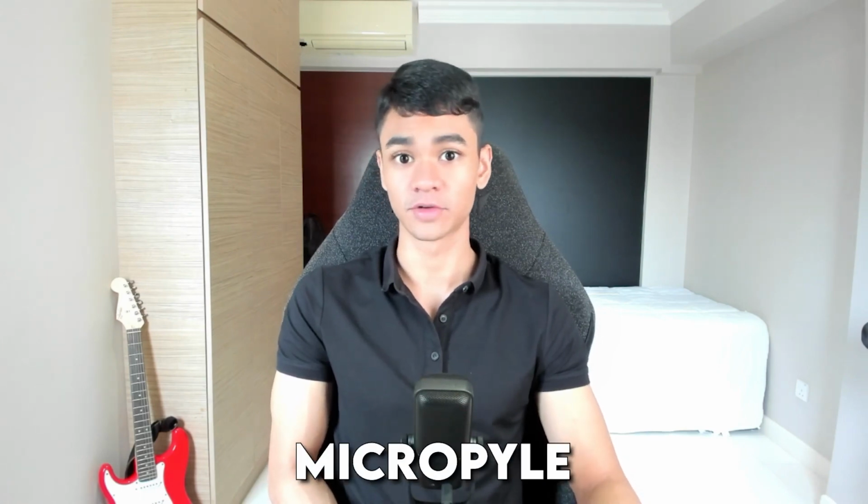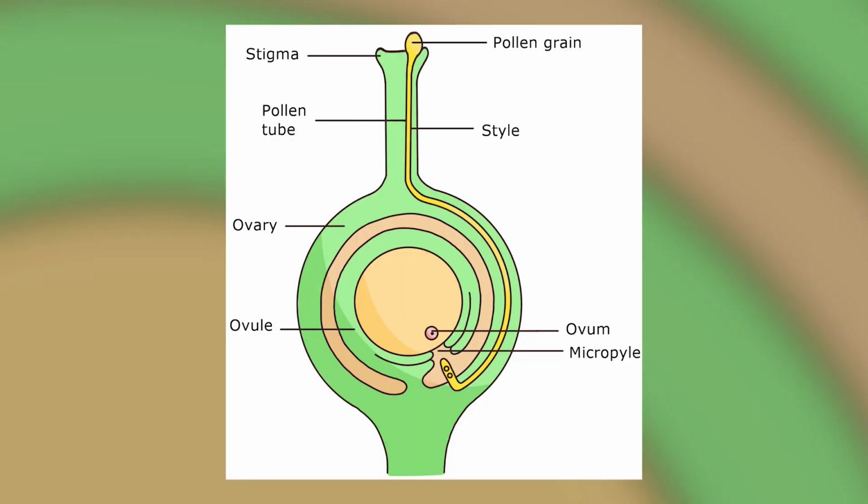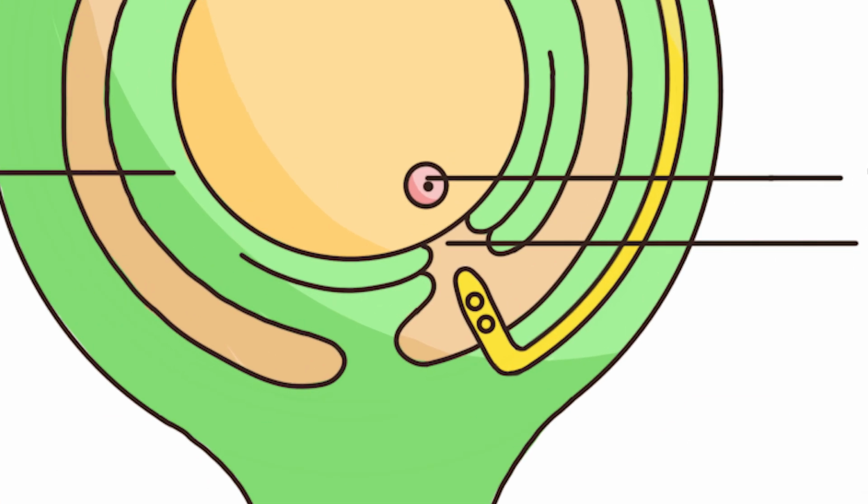M stands for the micropyle. So when the pollen tube reaches the ovule, it enters via the micropyle. At this point, the pollen tube will absorb sap and burst, releasing 2 nuclei. Now, only one will actually fuse with the ovum to form the diploid zygote. So 2 is for the 2 male sex nuclei, and D is for diploid zygote. So there you have it, STEM 2D. Very useful for those long recall questions.